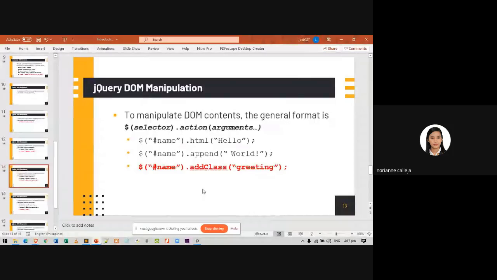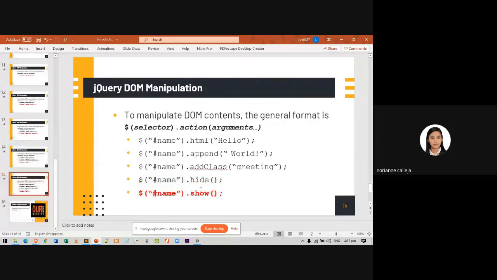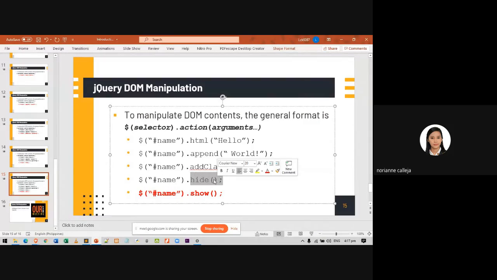Now, jQuery also allows you to hide and show document content. For example, the hide action hides a document content, and the show action shows a document content.